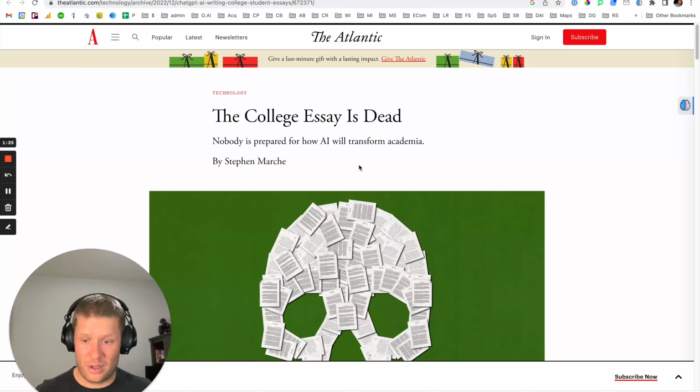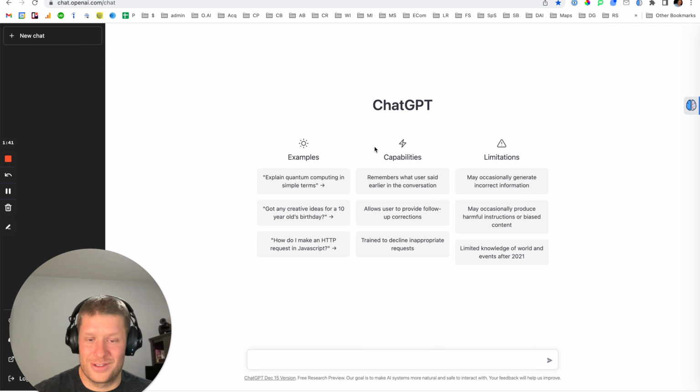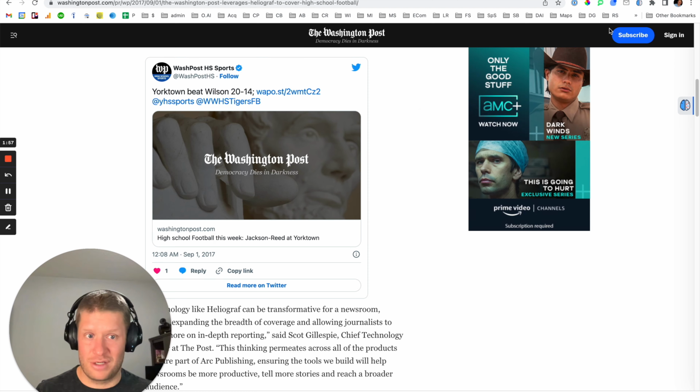In academia, it's a problem right now where they're saying that is the college essay dead, and how is AI going to impact that? AI detection is not perfect, so I think it's going to be a part of any potential solution, but it's an interesting challenge. And it's all thanks to ChatGPT, incredible tool. I'm incredibly excited about the future of ChatGPT, but this is about how do we put the power in the hands of somebody browsing the web to understand if what they're looking at has been AI generated,